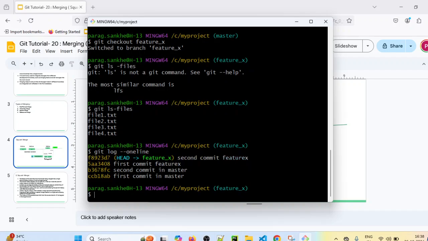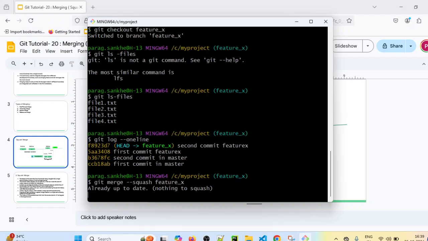But now let's merge by using the squash merge option. The command is git merge --squash and the branch name feature X. So let's execute this command.